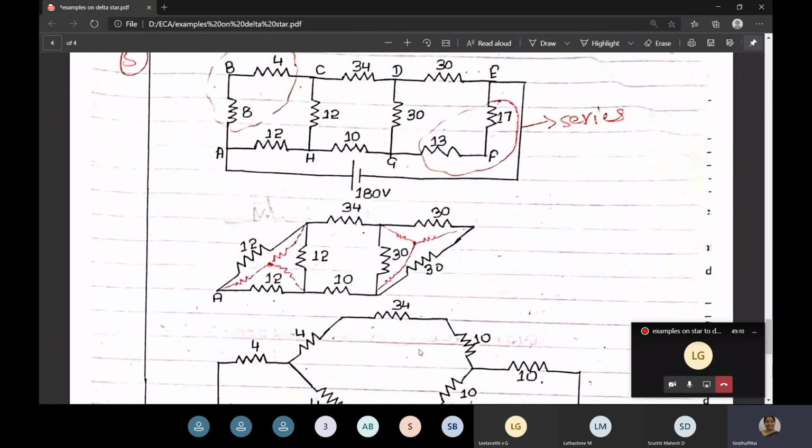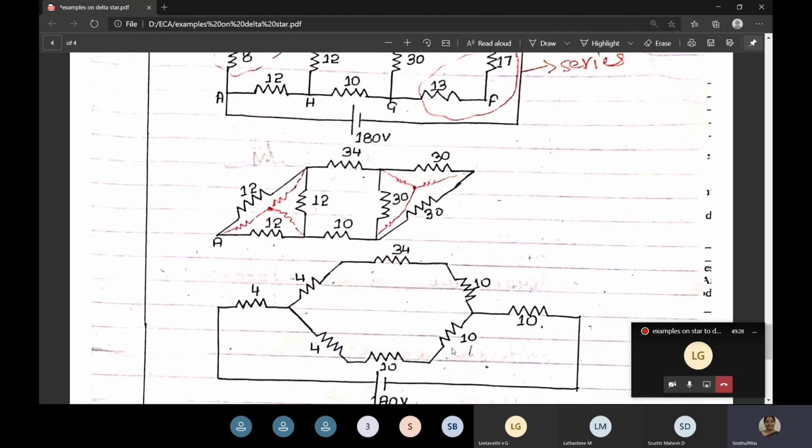So the important point here is we have a delta here. We first find out the series connection. After doing the series connection, the delta is converted to star. After converting it to star, then the remaining resistors are written. See, writing this equivalent network is important. Whenever you practice, you have to learn to write this equivalent network. Then only you will come to know where the series connections are.